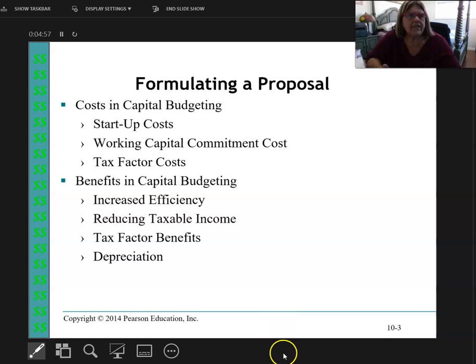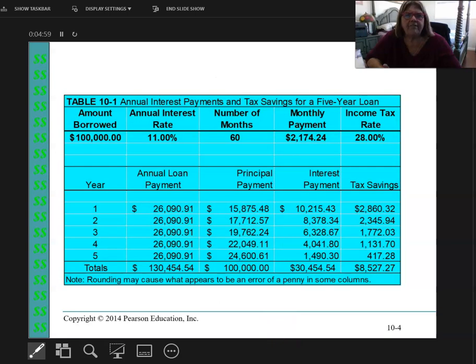Okay, so on the next slide, we're going to look at a chart for a 5-year loan. This is annual interest payments and tax savings for a 5-year loan. So this is the amount I'm going to borrow. The interest rate is 11%, 60 months, and here's how much I'm going to pay each month. Well, my income tax rate is 28%. So basically, if I'm looking at a 28% tax rate, here are my actual tax savings